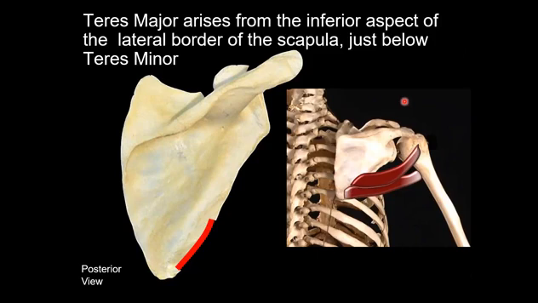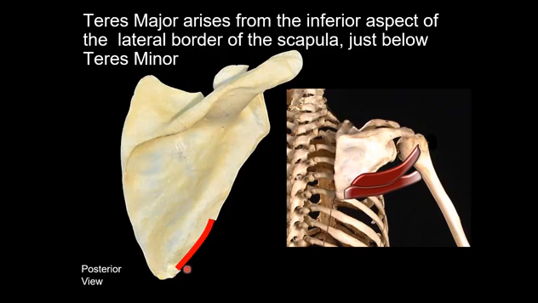So we have the teres major. The teres major arises from the inferior aspect of the lateral border. Now we've moved from the medial border down to the lateral border. So that gives you a sequential view of what we're talking about. Remember again, levator scapulae, rhomboid minor, rhomboid major. Now we're talking about teres major arising from the inferior aspect of the lateral border,